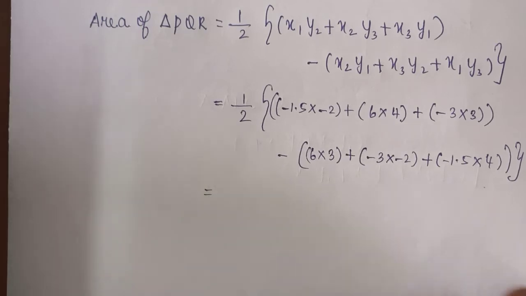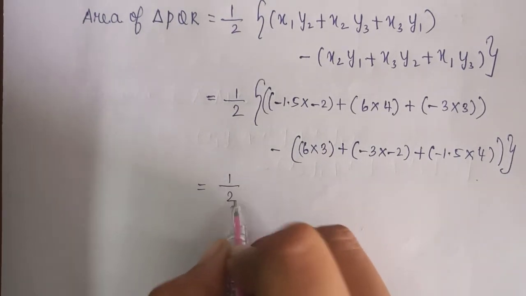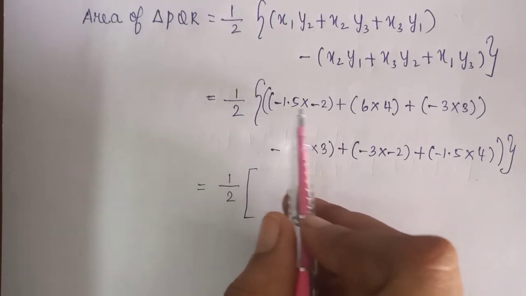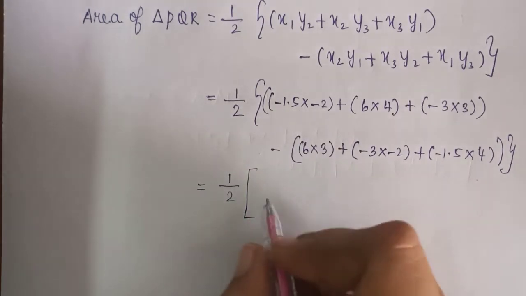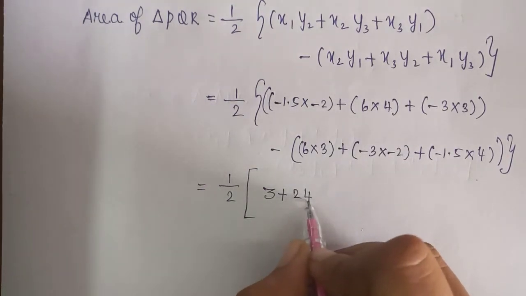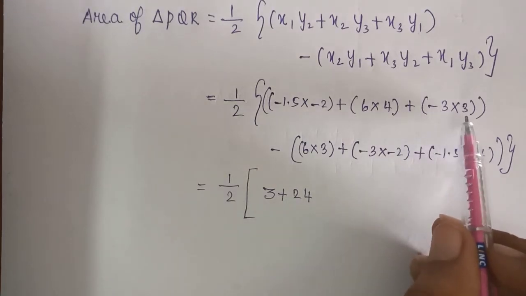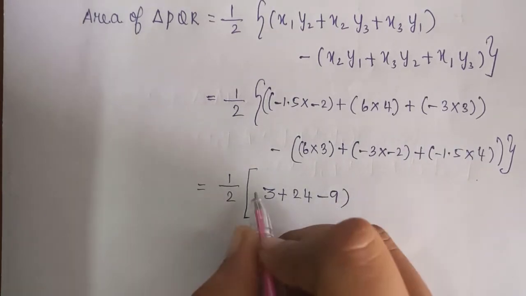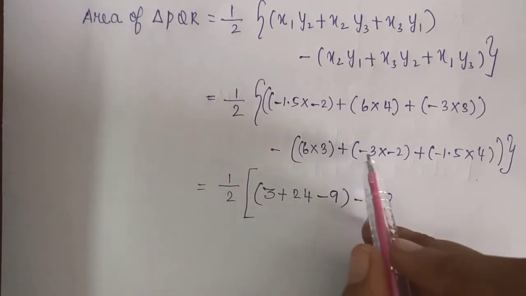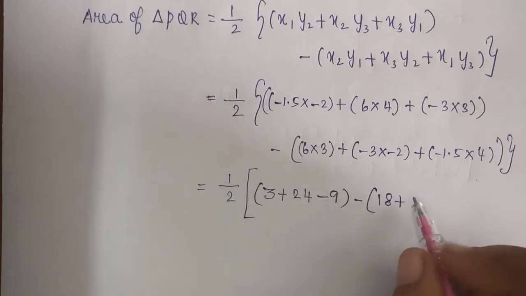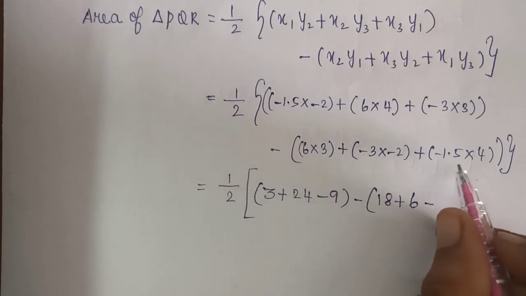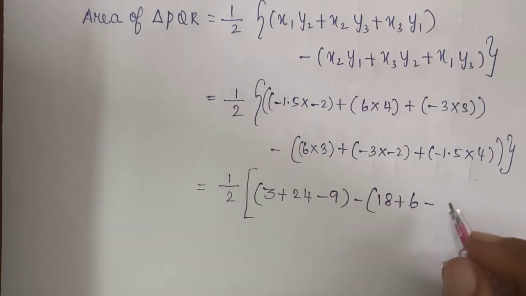Which is equal to 1 by 2 into minus into minus plus 1.5 into 2 is 3 plus 6 4s are 24. Then minus 3 into 3 is minus 9, minus 6 3s are 18, minus into minus plus 3 2s are 6, plus into minus minus 1.5 into 4 is 6